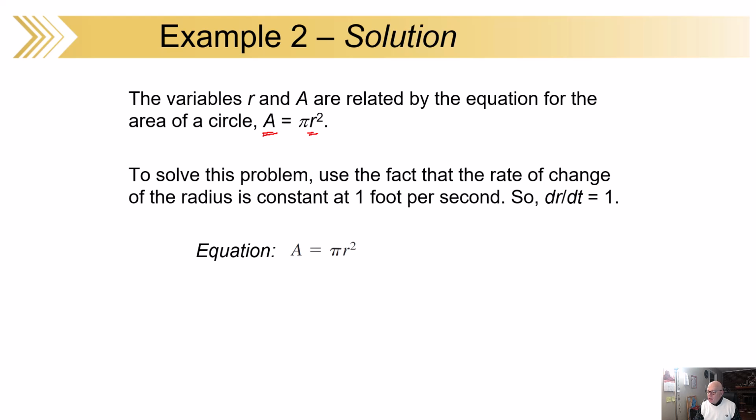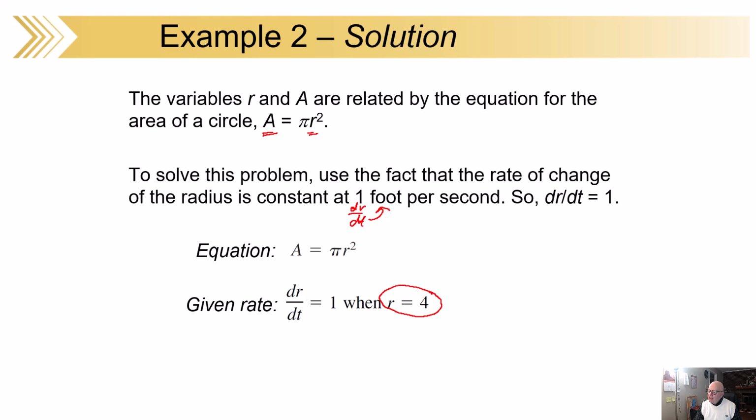The rate of change of the radius, dr/dt, is this 1 foot per second. So our given rate is 1, and we're interested in how the area is changing when the radius gets 4